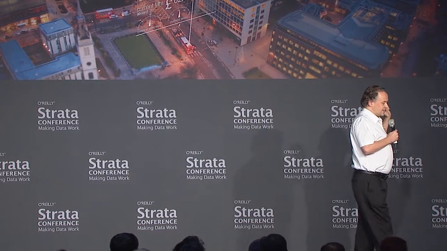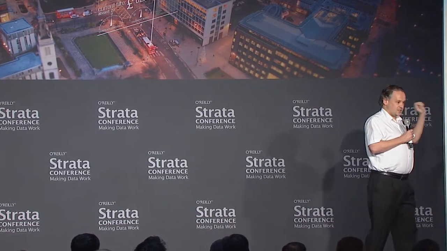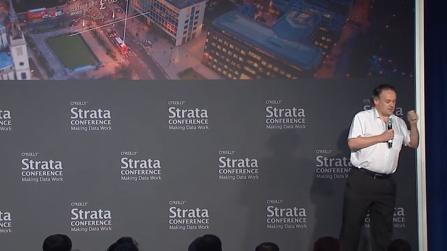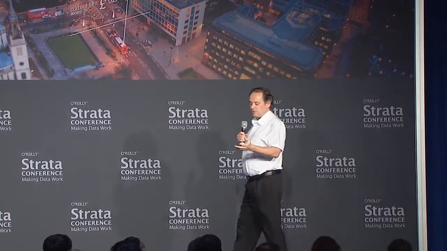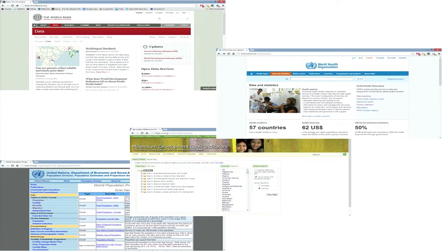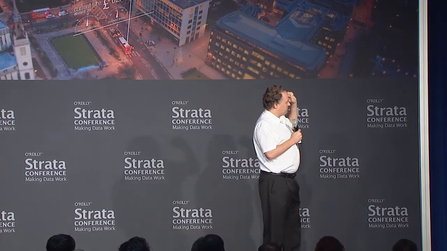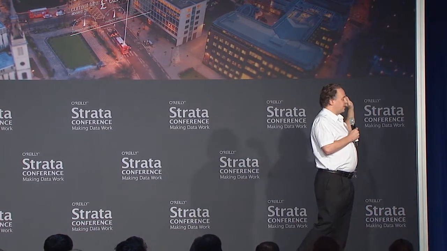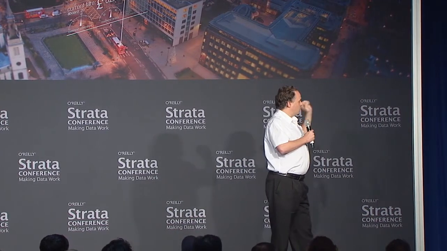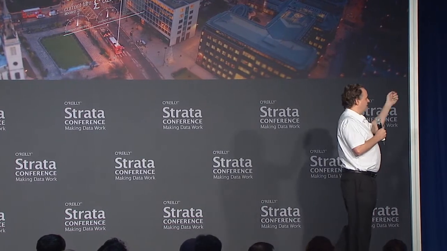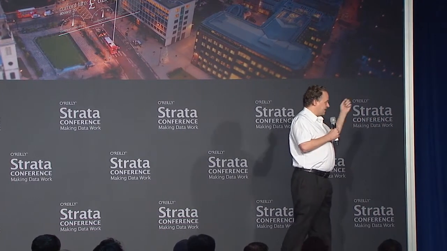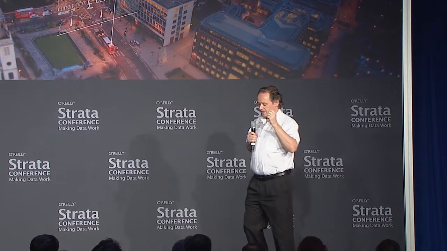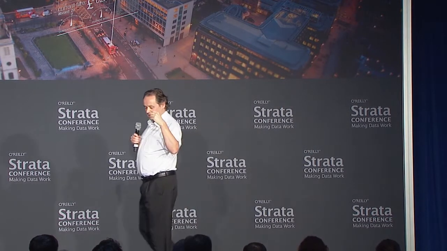When an analyst at a desk in UN OCHA wants to get this type of data, in the past they've had to go around a whole pile of websites. So we've got things like the World Bank, the World Health Organization, Millennium Development Goals indicators, all of this stuff. All of these websites are really good. They present data in a lovely way, but they're in 20 different places. So what we've done is written scrapers that go around these 20 websites and pull that data out. They're in spreadsheets, they're in CSV files, some of them are in HTML.